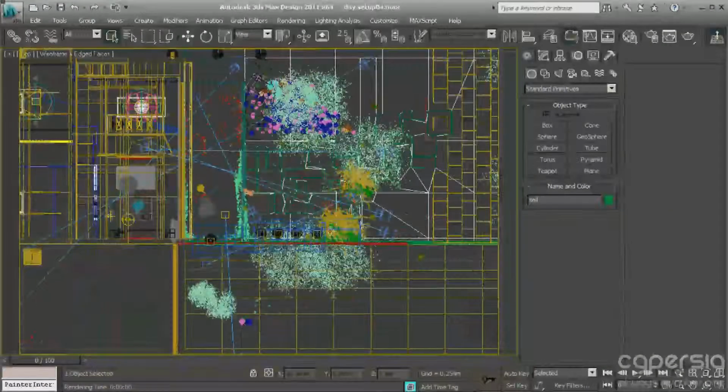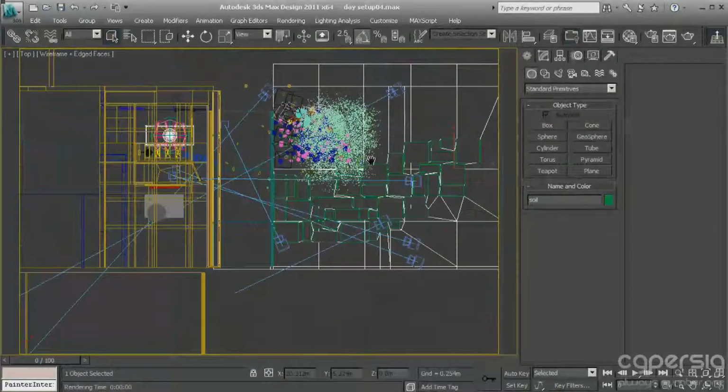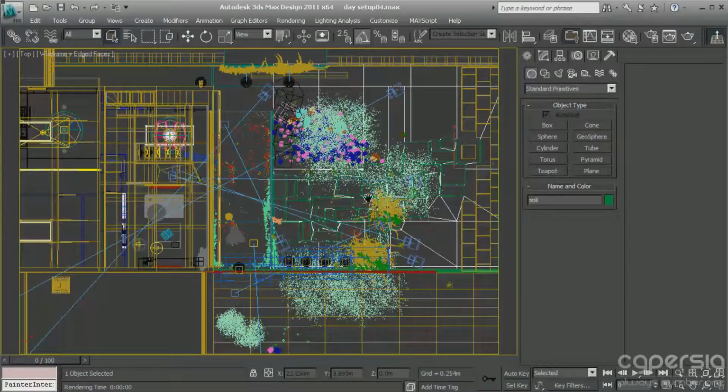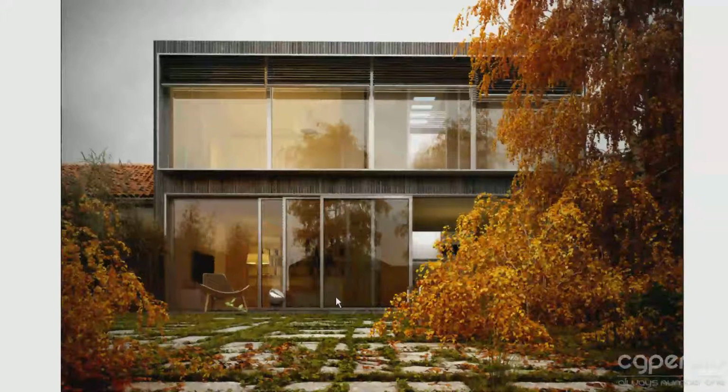bamboo elements on the left side, and also some betula trees which are also placed here in the background to have nice reflections on the glass, even though we are looking almost straight to the glass. So in this case it's not easy to receive a nice reflection, because when the angle changes, then you may have better reflections on the glass, but when you're looking at it directly, just orthogonal, let's say, then you may see through the glass,